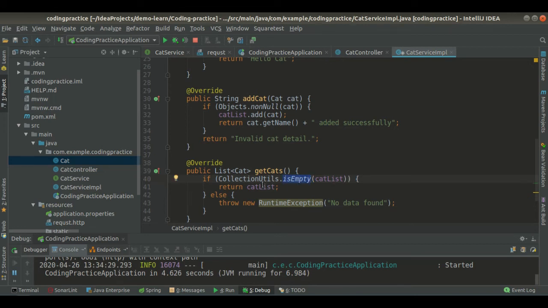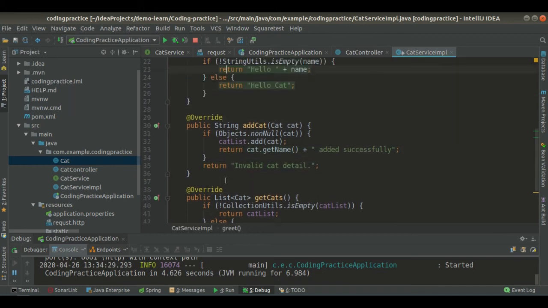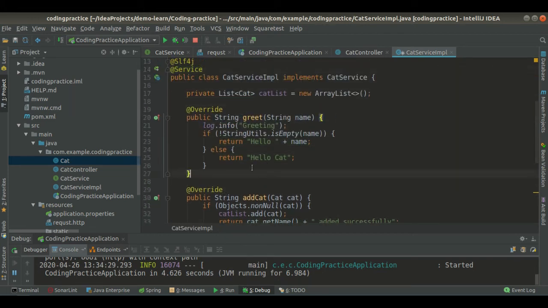What we can do, we can do not here, or we can simply do dot not here. It will automatically add to this method, and looks fine. Now here also, instead of writing the returning statement two times, what you can do, we can